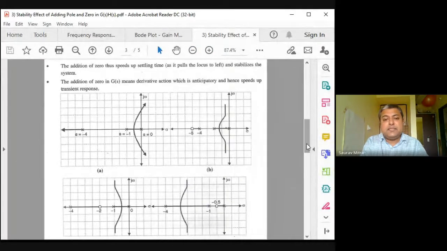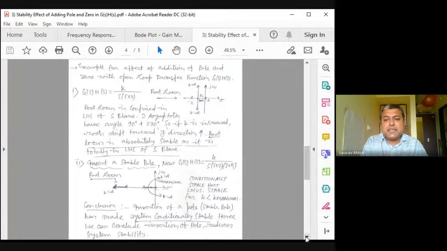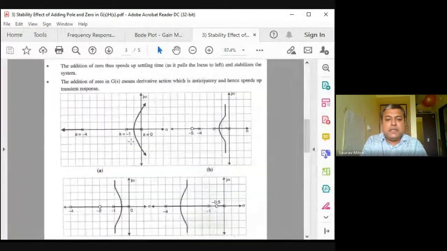Okay, so first case, you are seeing the first case. In the first case, these are 2 poles and this is 1 pole. So this is a conditionally stable system. Next case, you are finding a zero inserted on the left side of -4 and the root locus has now become absolutely stable. Next case, you are shifting the position of the zero. So instead of -5, you are putting the zero at -2 and you are finding the system has become more stable. And then finally, you are putting the zero here very close to the pole at origin and you have found that the root locus has shifted deep into the j omega axis.